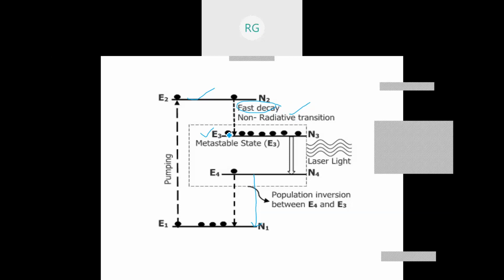And this heat is used to increase the temperature of the atomic system or the substance you are taking. And this heat is a negative quantity for us, because if the heat is more, atoms will go up again and randomization takes place and you don't get the stimulated emission. It may lead to spontaneous emission. Thereby, this heat should be minimized. That we will see in the subsequent slides.